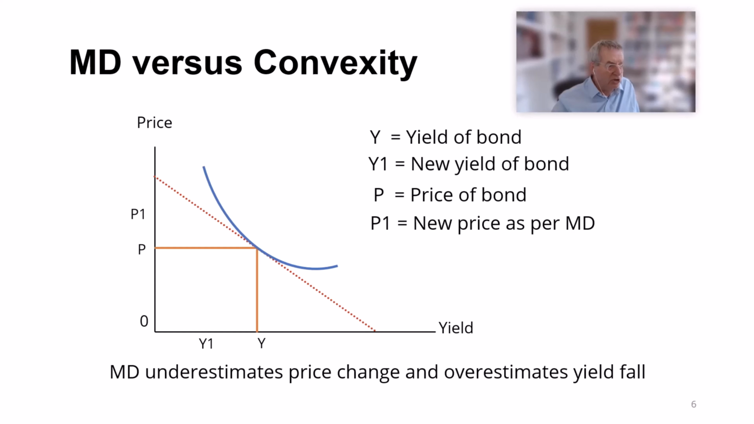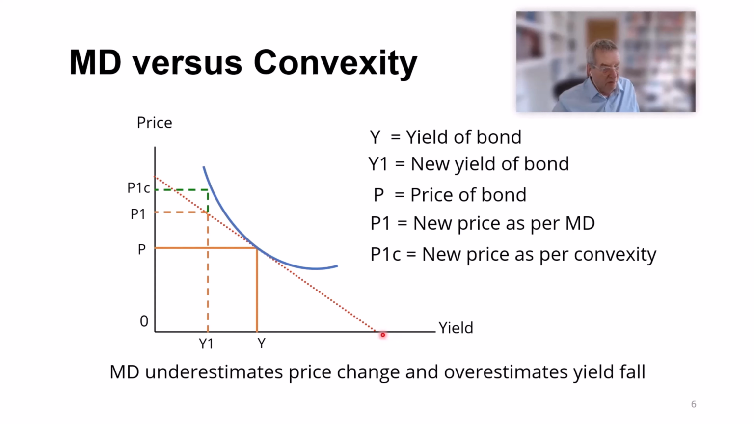Now let us suppose that we were going to reduce the yield, let's say down to Y1, and we were to extend up to the red dotted line and read across on the price axis. We may then believe that the new price would be P1. But in fact, that is not the case, because the relationship between price and yield does not follow this simple red dotted line. Modified duration does, but that in itself, as I've said earlier, only gives us an approximation to